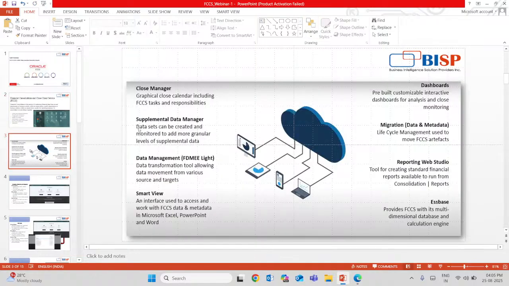So, the components of FCCS; hopefully you'll see some familiar faces. First is Close Manager, then Supplemental Data Management, also known as FDMEE Lite, Smart View, dashboards, data and metadata migration, reporting, Web Studio, and NetSpace. These are some familiar faces here, but one of the key elements of FCCS is Close Manager,